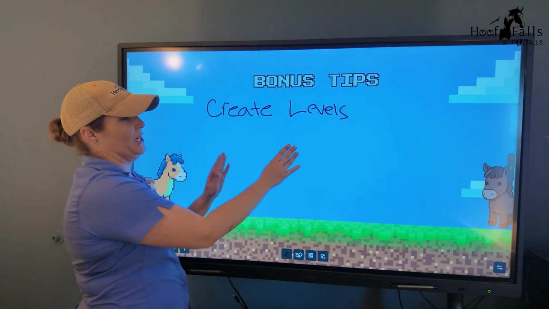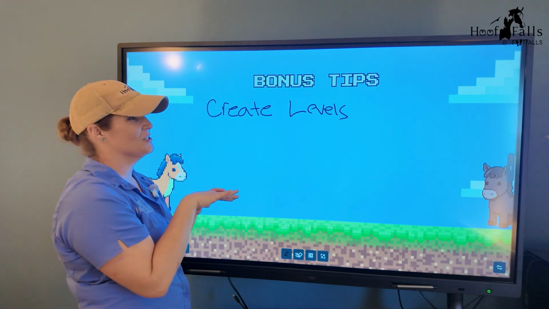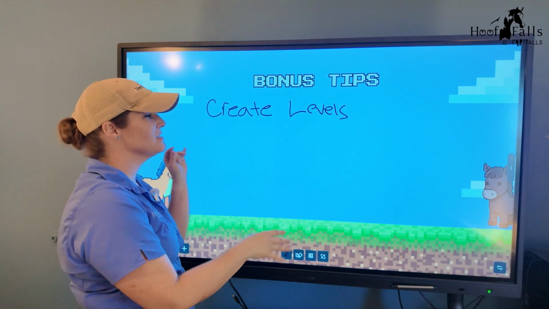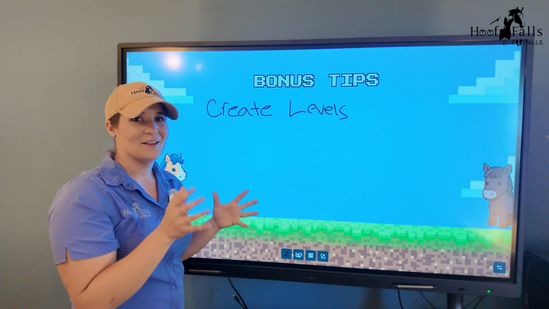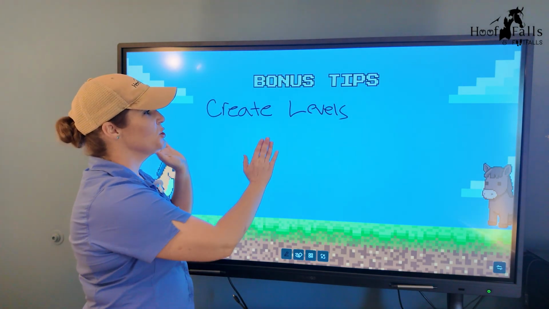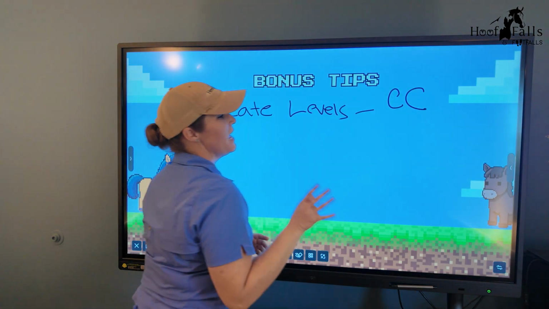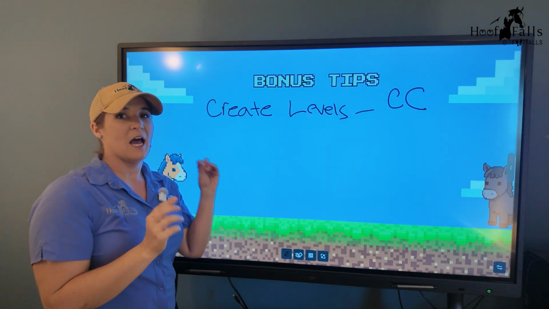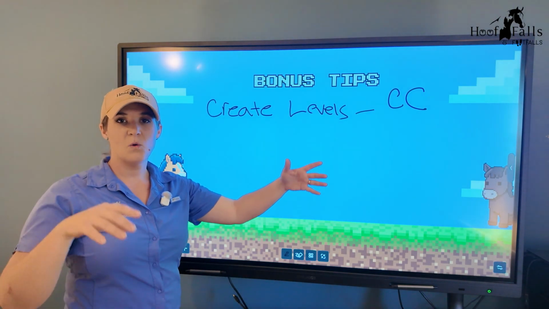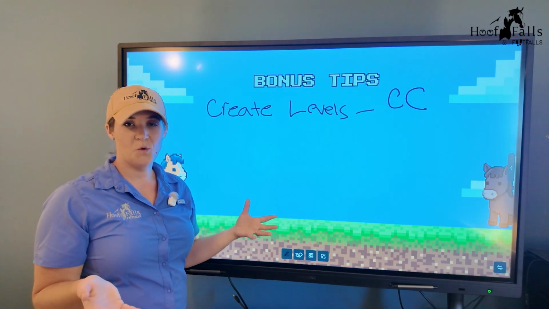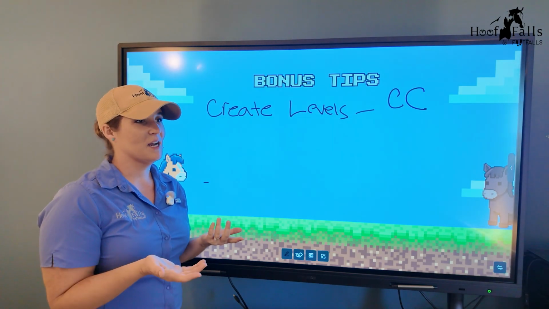Now, little warning here, when you let your students create their own levels or create their own challenges or determine what that boss mode is, depending on how experienced your students are and depending on how crazy their imaginations might get, you might want to give what's called controlled choices. And that is where you can say, okay, level one, we can either make it be 10 seconds or 20 seconds. Which one do you want? Because I've had some kids where we're out there going around and I ask them what they want their next level to be.